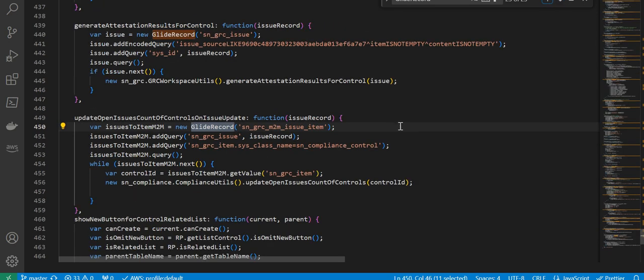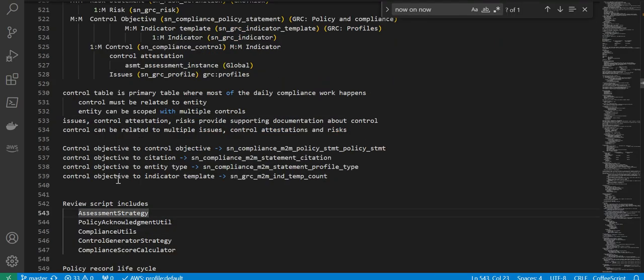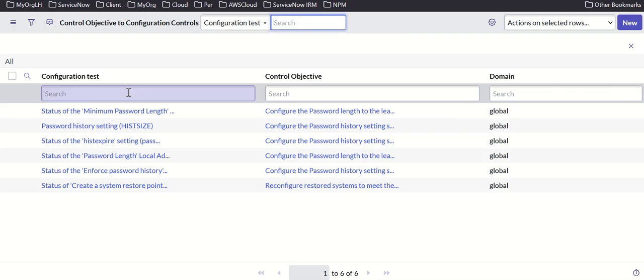So basically, these are the different tables. Issue is one table I've seen, and then that relationship to the control, and then the compliance control records and the control objective table, all of that. So that's what is used in this script include. Let's move to the next one, which is your control generator strategy. So if I go back here,